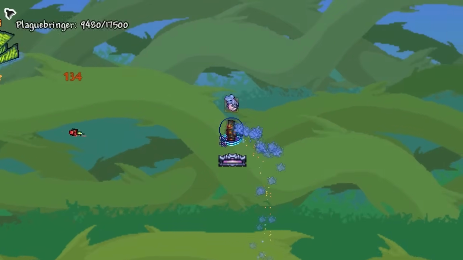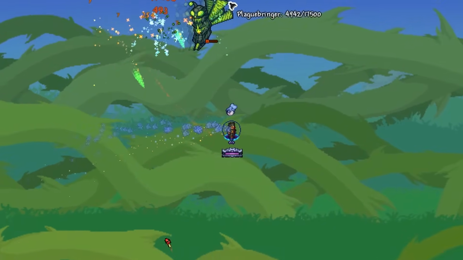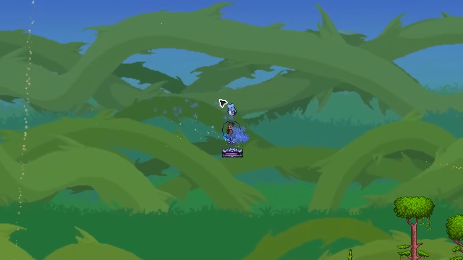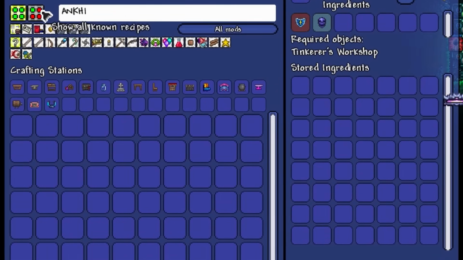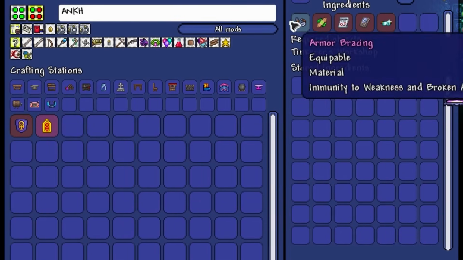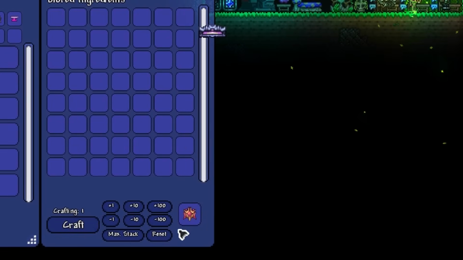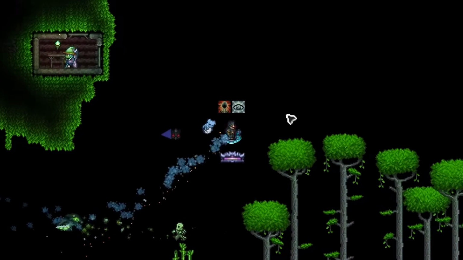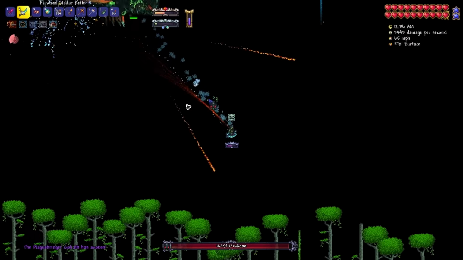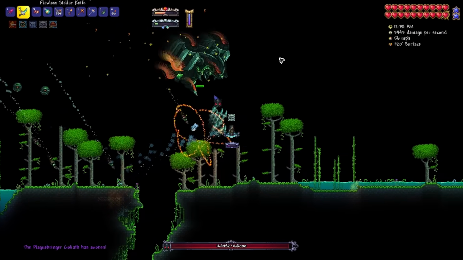The reason being, in simple terms, is that the damage bonuses from accessories aren't multiplicative with the stealth damage bonus. At this point I still hadn't made the Asgard's Valor, which will be a necessity for the Plaguebringer Goliath fight. So I went on a short crafting spree and obtained this beautiful item. Now with the preparations in place, we can proceed with our first attempt against the Plaguebringer Goliath herself, which is